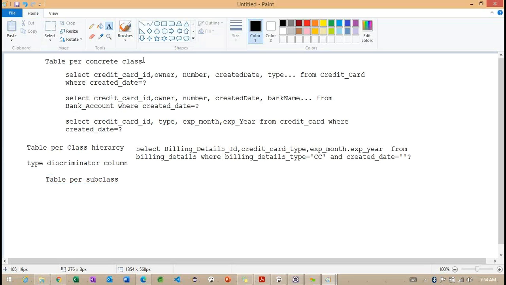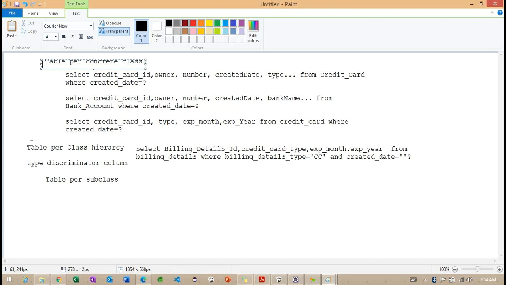Now we understand table for concrete class and table for class hierarchy. Now we are going to work with the table for subclass. What information do we need to understand here? Basically, this is the third option in our mapping inheritance relationship.